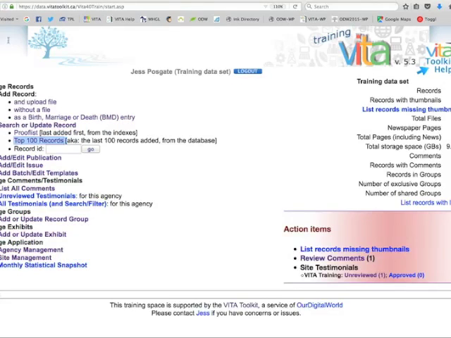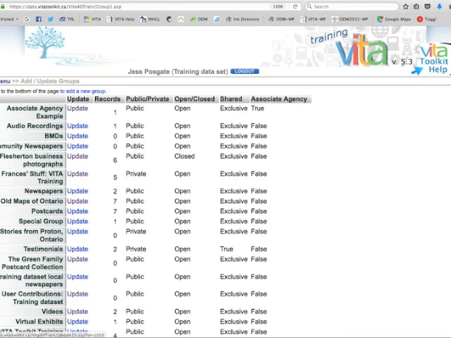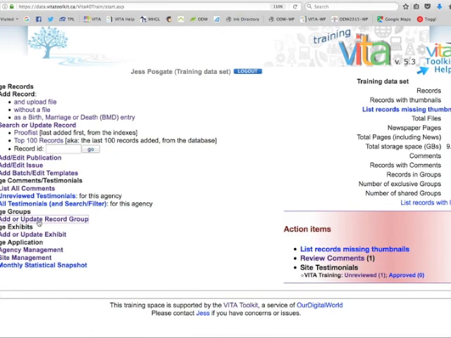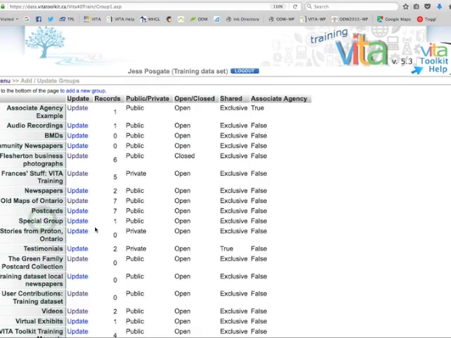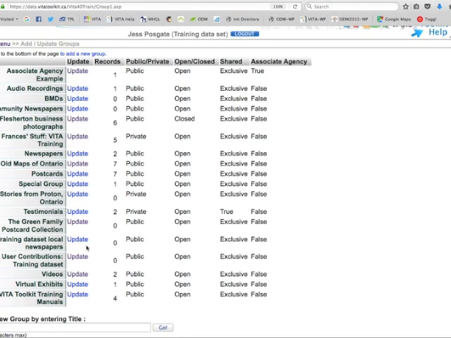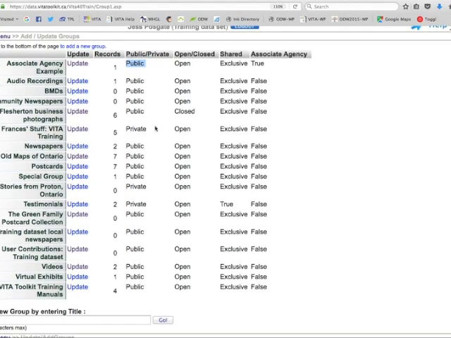The last thing you can do to find a group is to go to your main menu, under Manage Groups, Add or Update Record Group, and all of your groups will be listed here with information about their settings, so how many records they include, whether or not they are a public group or a private, i.e. non-public group, whether they have the ability